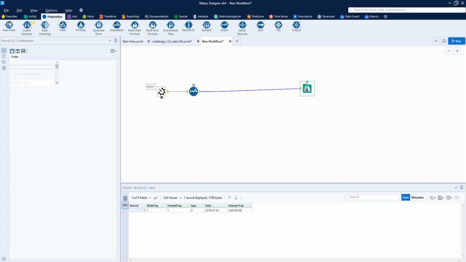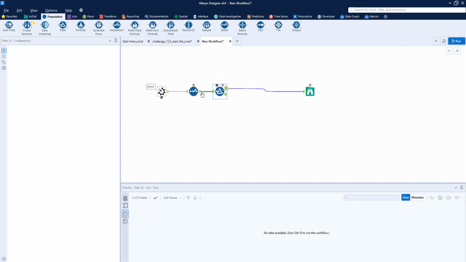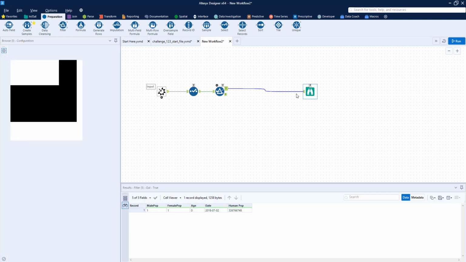So what we have to do is model out this growth. We know at age 1, well, they still can't reproduce, so we're just going to have 1 male and 1 female. At age 2, same thing. At age 3, same thing. At age 4, though, this female is going to have a litter of 1 male and 3 females. So then we're going to have 2 males and 4 females, and then so on. So what we need to do, I think, is split up our data into different groups based on the age. So age less than 4 and age greater than 4.